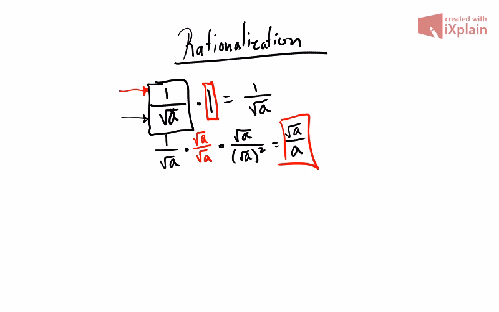So let's do an example where we have 1 over square root of 2. Okay? If I rewrite this as 1 over square root of 2, I'm going to multiply by the square root of 2 over the square root of 2, which is basically 1. And then you're going to get, hey, 1 times the square root of 2 over the square root of 2